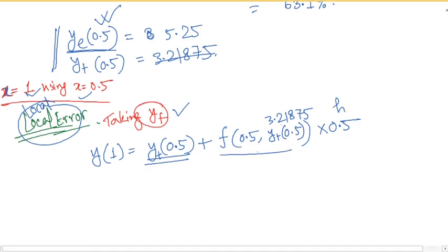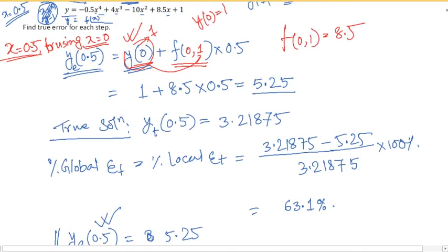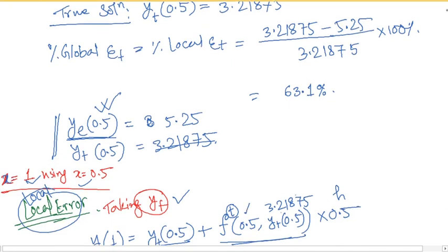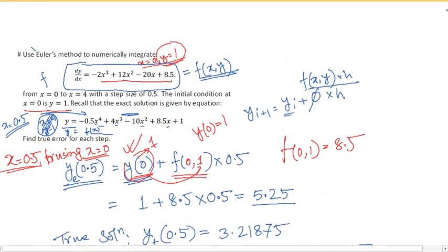Now we don't know this value, this slope value. Now we'll have to calculate this slope value, and remember one thing, this slope value is always the true slope, just because we know the exact slope at each point, just because this function is given, this is the slope, f(x,y) is known. So we'll be putting the value of this 0.5 and 3.21875, although as there is no y in this function, so only x equals to the 0.5 value will be put in this equation